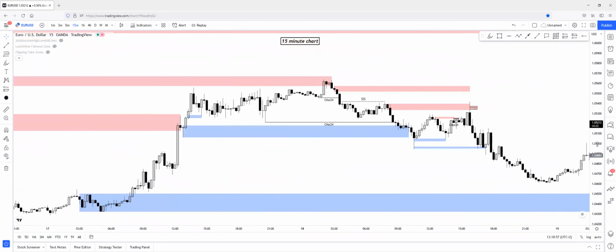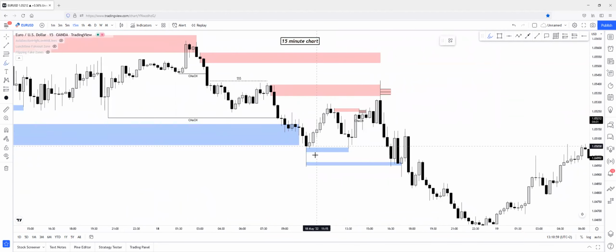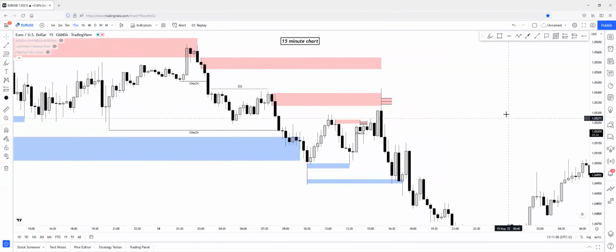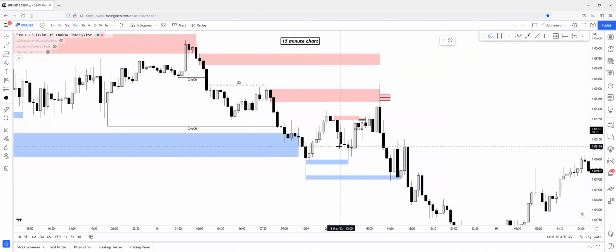So now that we identified that demand zone that has caused the first change of character here to the upside, we can continue with the analysis. And let me just explain the theory right here, the weak and strong theory. So in theory, if this downside demand zone, the origin of the change of character demand zone, can take out the less recent valuable supply zone, which is up here,